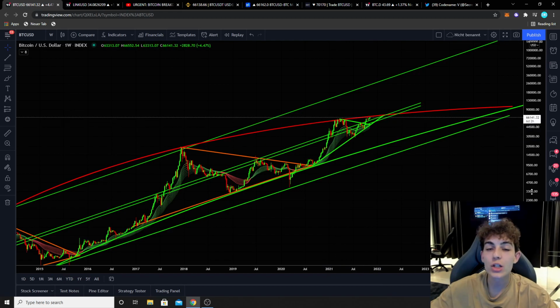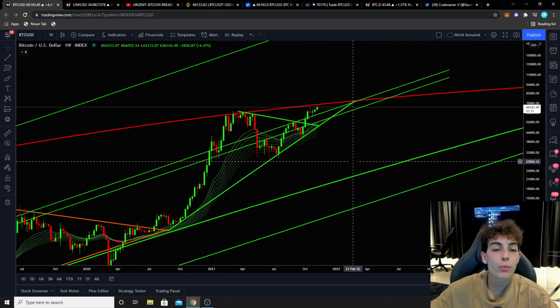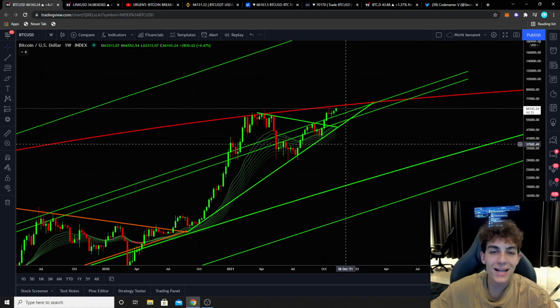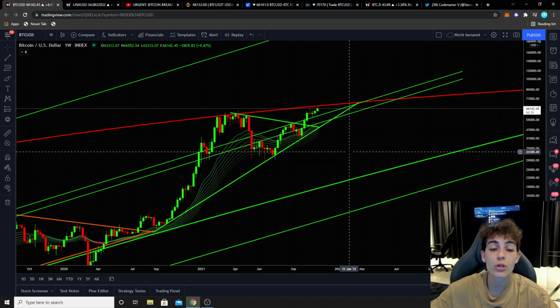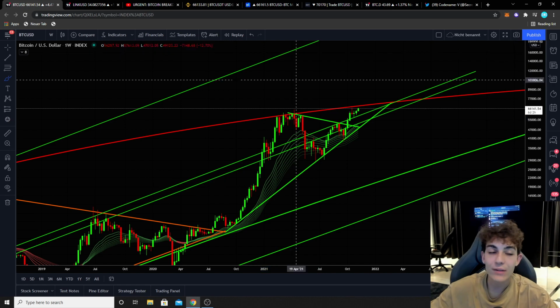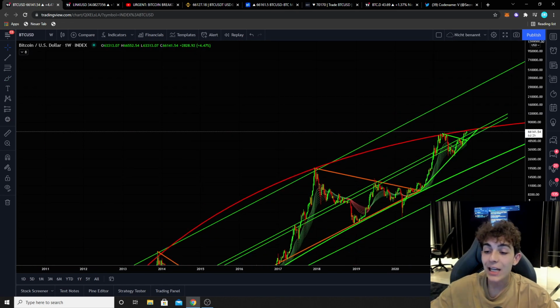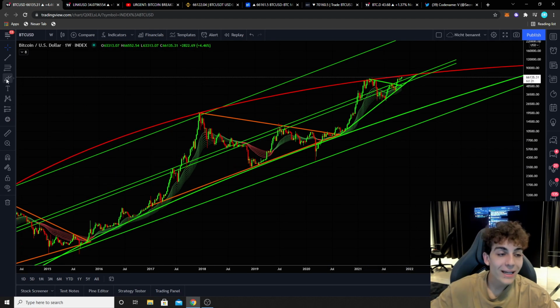And this time it's a lot different, and this is because the fundamentals of this bull run have changed dramatically compared to the other bull runs we have seen in the crypto history so far. So that's why already in May we were consolidating heavily here at the 11-year resistance, but to be honest, it was to be expected that we are not able to break it here in March, in May,